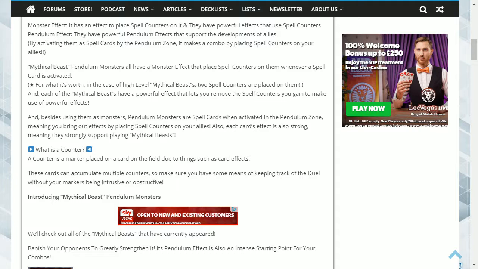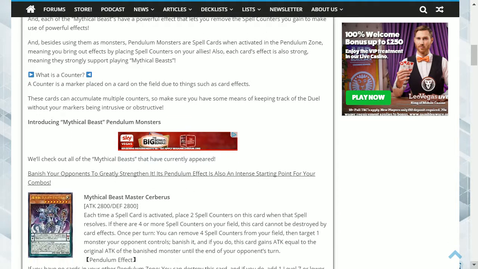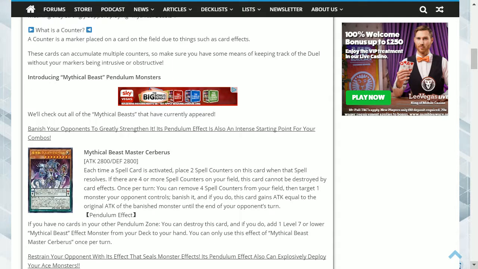So we have a few questions that have been answered. What is a counter? Well, a counter is a marker placed on a card on the field due to things such as card effects. So you'll have cards not just within this archetype. You've got generic Spellcasters, Skilled Dark Magician, Breaker the Magical Warrior, and various other Spellcasters especially, who can have counters